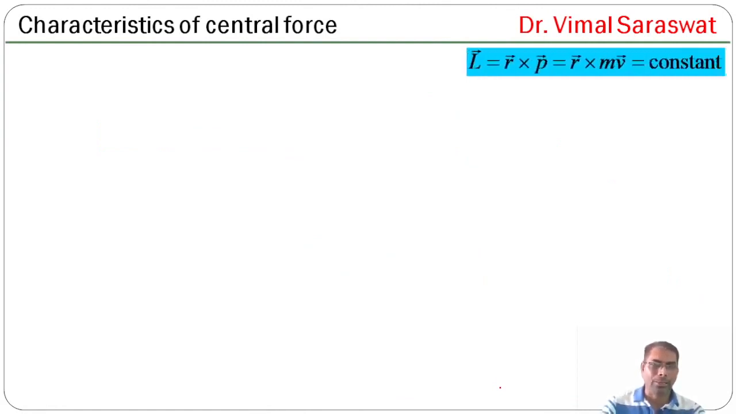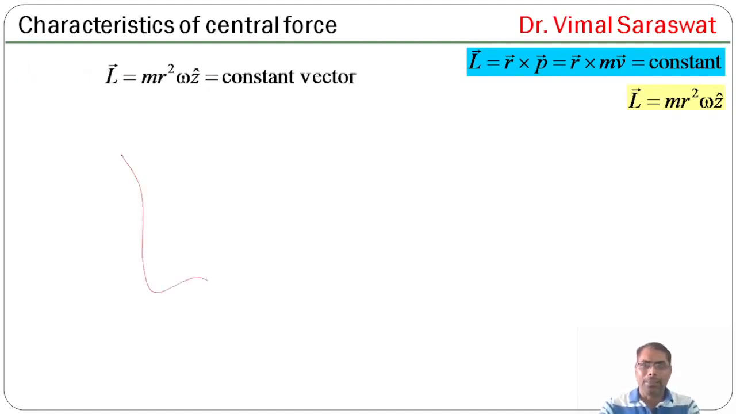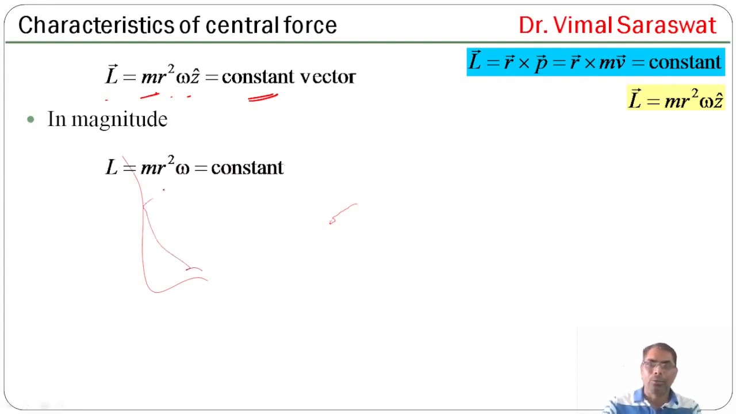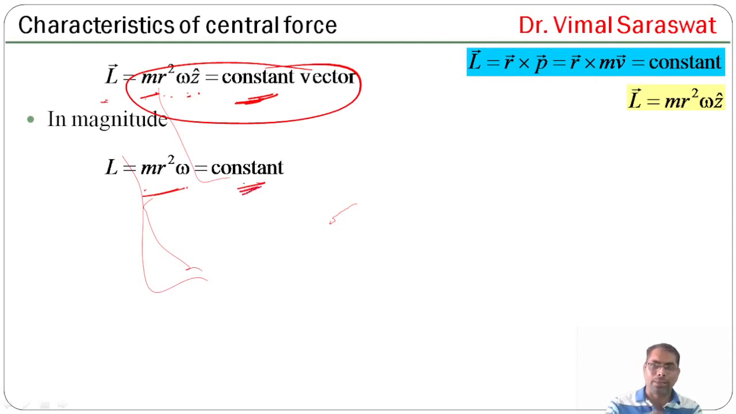Now we have already proved L equal to r cross mv is constant and L equal to m r square omega z cap. It means L equal to m r square omega z cap is a constant vector. If we take its magnitude, then L equal to m r square omega is constant. So from here omega is L upon m r square,